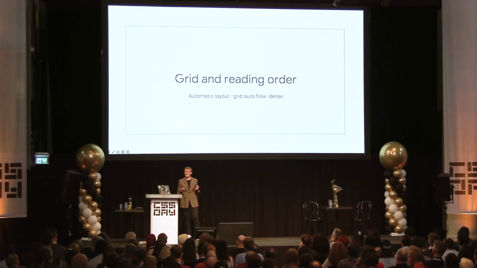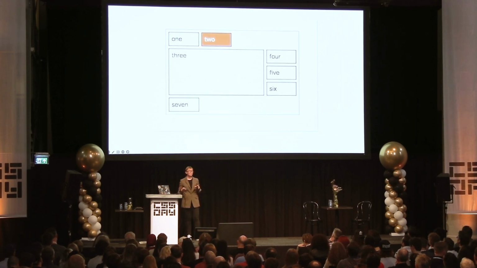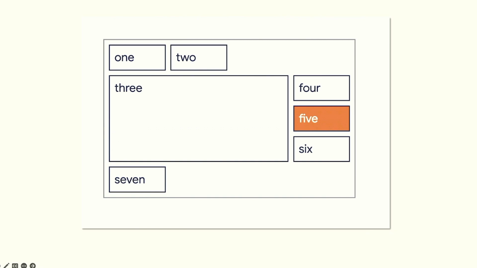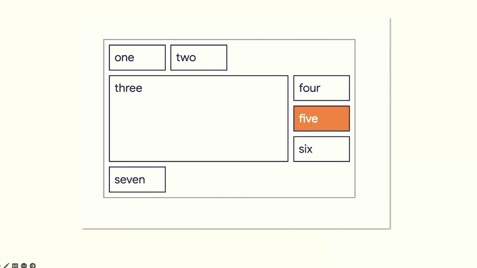So we have these two places at the moment where we can have this disconnect. The first is with auto placement, the example that I was showing earlier when we've got this dense packing mode. Now this is without the dense packing mode. So here what happens is grid by default will place things and keep things in source order. So when it's come to that big 3 box that's spanning quite a lot of rows and columns, it doesn't fit in the first row, so it moves it to the second row, and then the items go next to it, and that's fine. That's the sort of tab order that you'd expect.